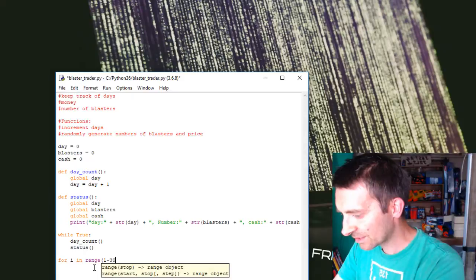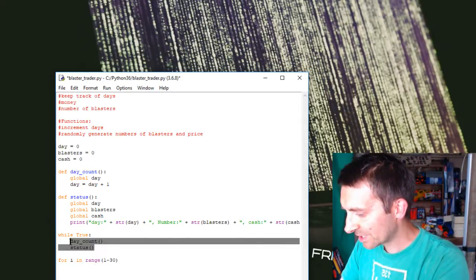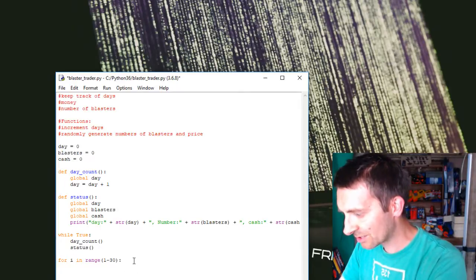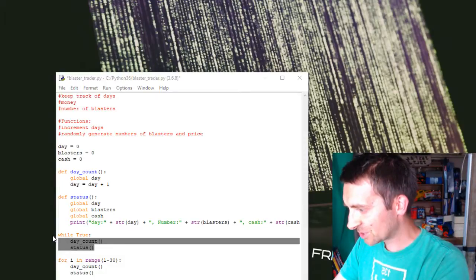So for i in range 1 to 30, we are going to want to run these two. Rather than having that in a while loop, we've now got for i in range 1 to 30. That's how we're going to run these. And I guess we're going to add